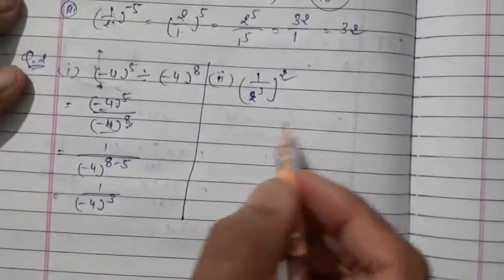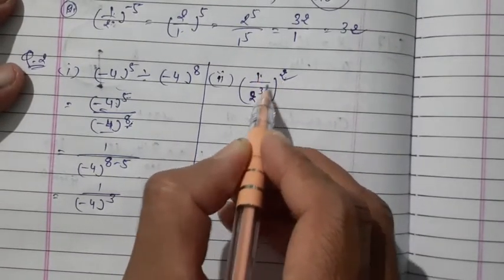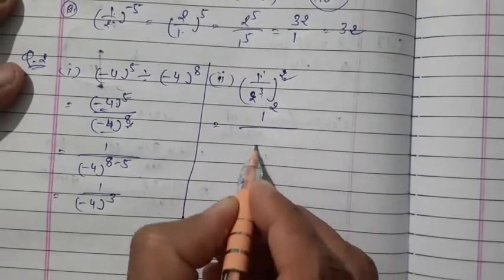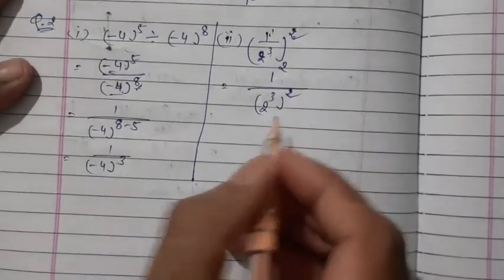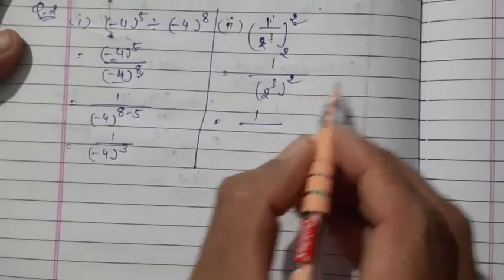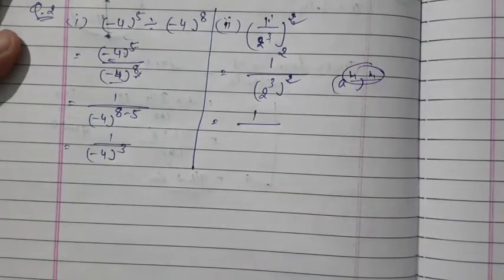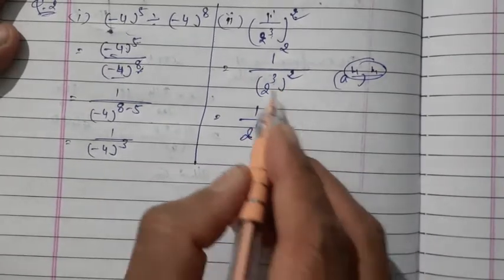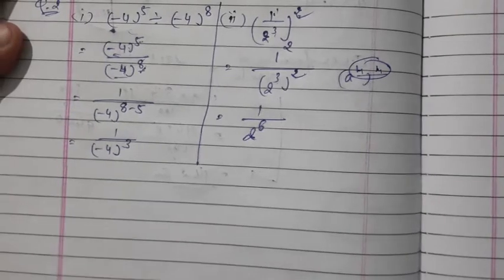Okay, so that means a upon b raised to m. So m is power of both one, same here, 2 is power of both one. So what to do? 1 raised to 2 divided by 2 raised to 3 raised to 2. Okay, so 1 raised to 2 means 1, and 2 raised to 3 whole raised to 2, that is a raised to m raised to n. So what to do? Multiplication of both powers. So 2 raised to 3 twos are 6, that is power of power. So 1 upon 2 raised to 6, that's your answer.